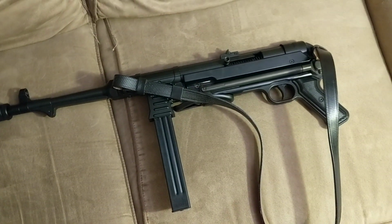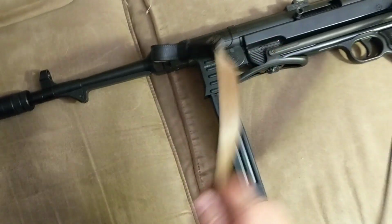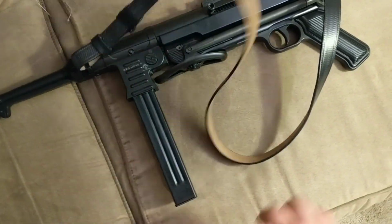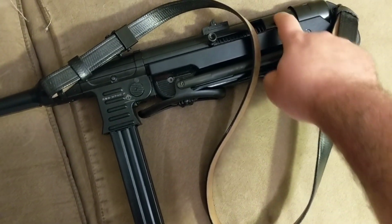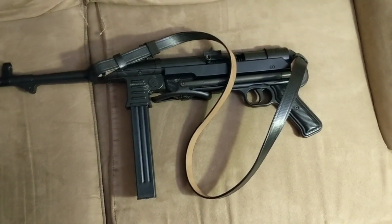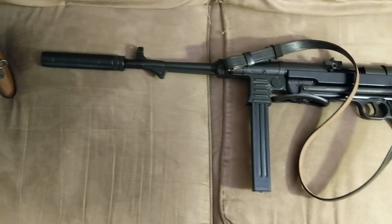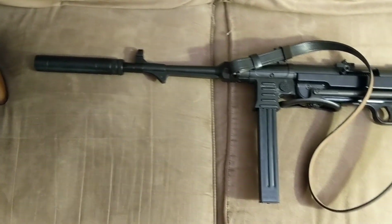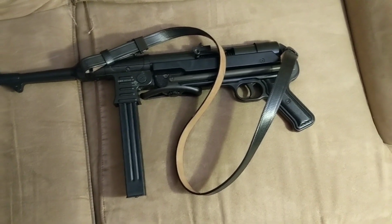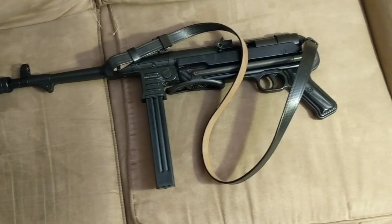But this is in the original caliber, so at least you're getting to shoot 9mm. And why this isn't higher on the list is because these are not made of any kind of steel. From what I understand, these are made of, I want to say Zamak, is what I've heard. So far, this has been 100% reliable for me. I'm not really sure I'd count on it for long-term durability. But for a range toy and for having an MP40 look-alike that's actually in the original caliber,